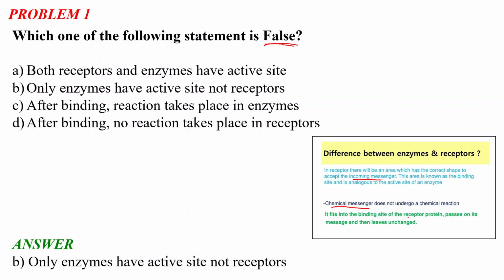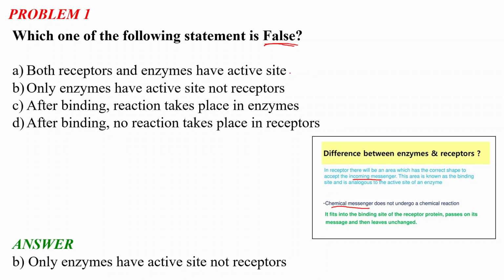So that means that it is this area which has the reaction, it is the false statement, right? Because it is not only enzymes that have the active site. Receptors also have the active site, but no reaction takes place in that active site. It only helps to bind the chemical messenger, and the chemical messenger, after passing the message, leaves the site unchanged. So this is the false statement among these four, because the first option, both the receptors and the enzymes